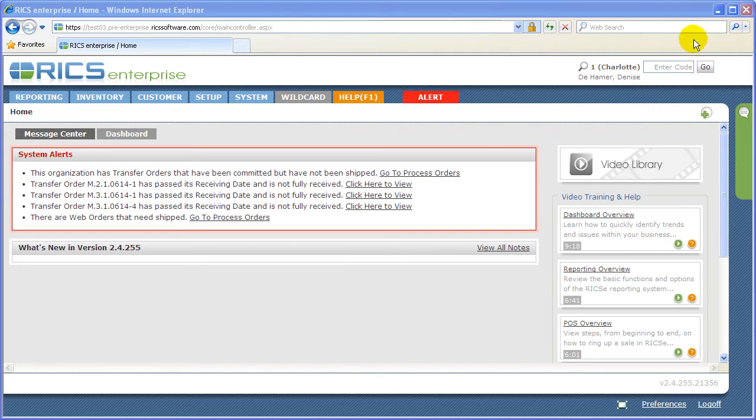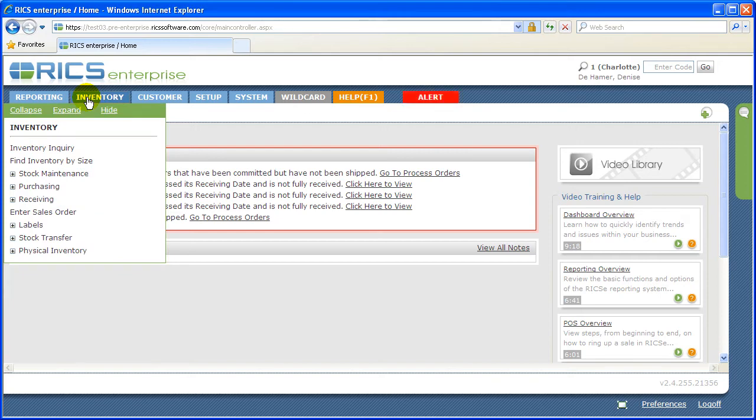And in most cases, up at the top right hand corner, you will be at that store level that you're going to be printing those labels for, although you can enter and print stock labels for the top level as well. But in most cases, you'll be at that store level. So we're going to click on Inventory, Labels,